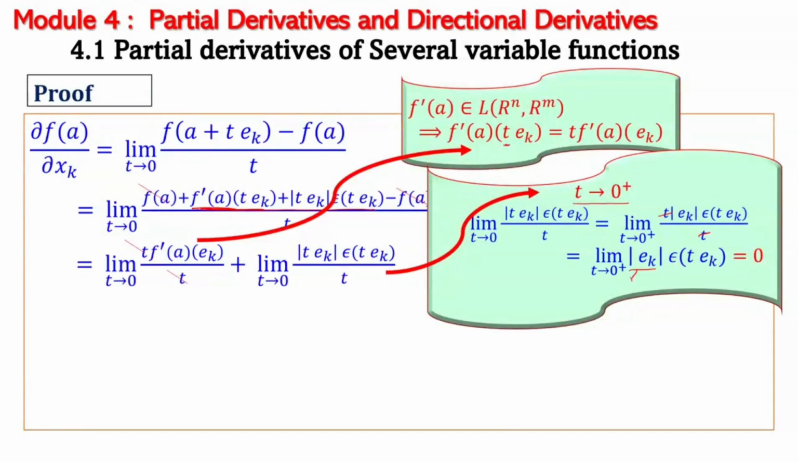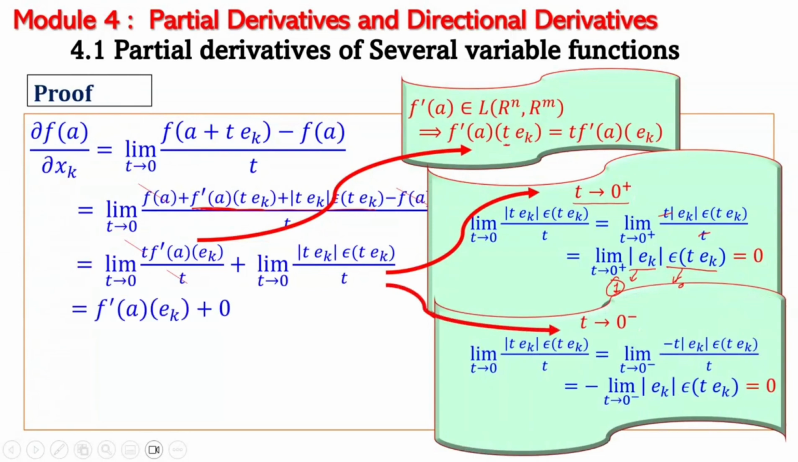Absolute value of ek, this will be actually 1, but we leave it here as absolute value ek, and this epsilon tek will tend to 0 as we showed with the conditions of the differentiability. So therefore this whole limit is going to 0. Now next,